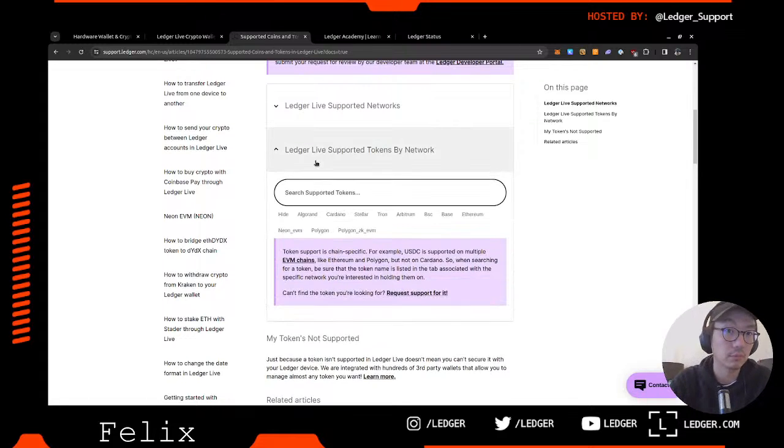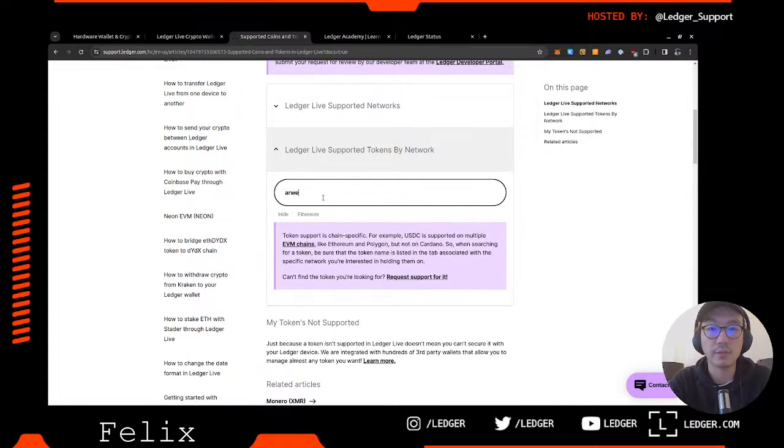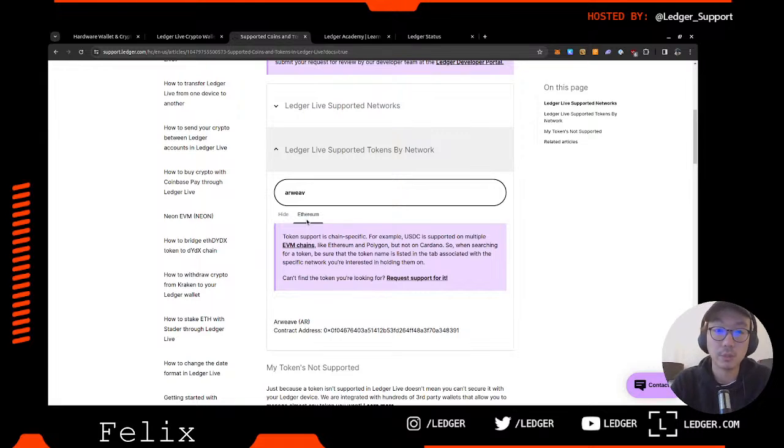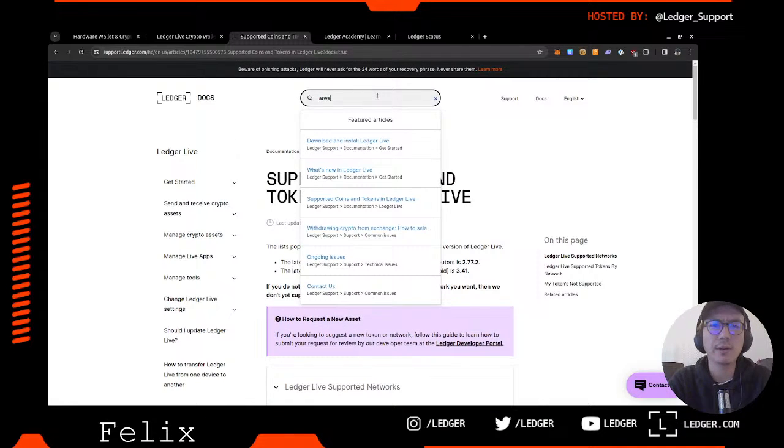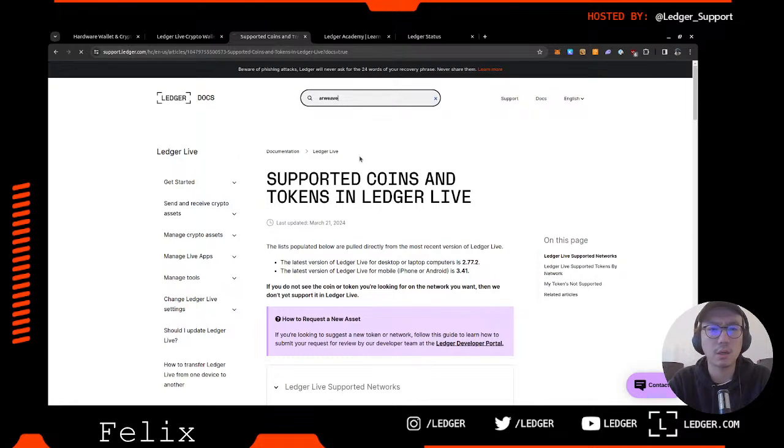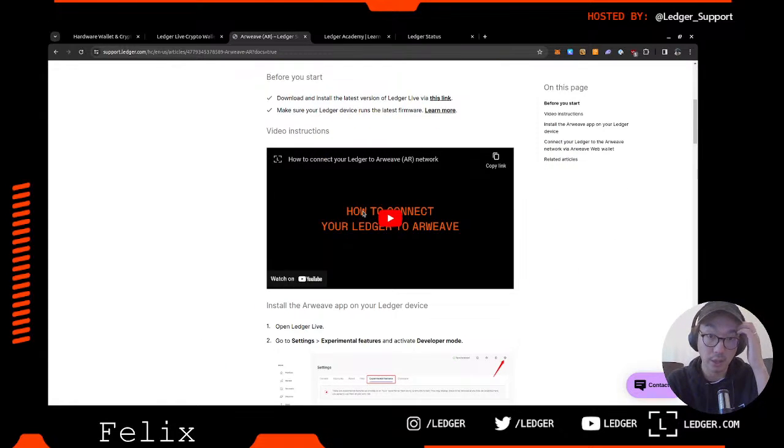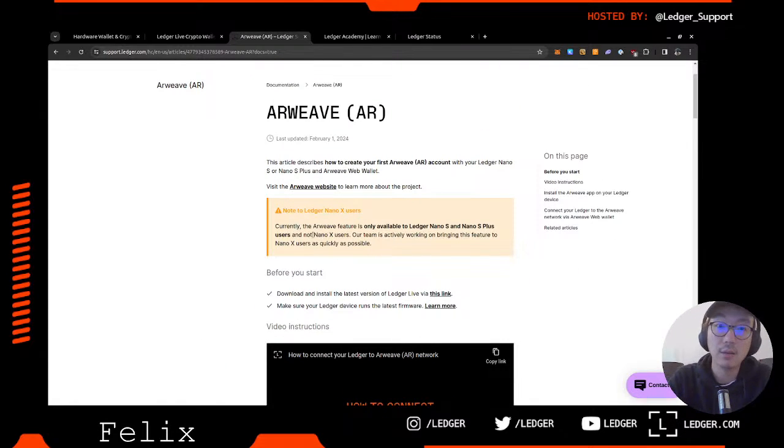And also in terms of Arweave, if we would support the token with this contract address. Arweave has support, but not within Ledger Live in particular, and not for Ledger Nano X, unfortunately. The Arweave token, Mark, that you mentioned, yes, definitely supported on Ethereum mainnet, not for Ledger Nano X on Arweave natively